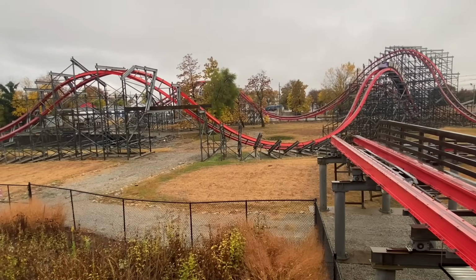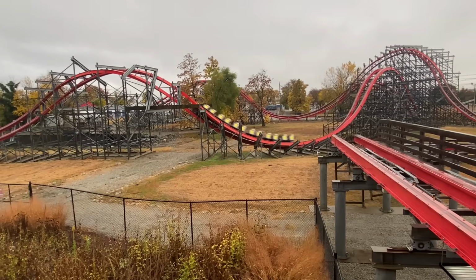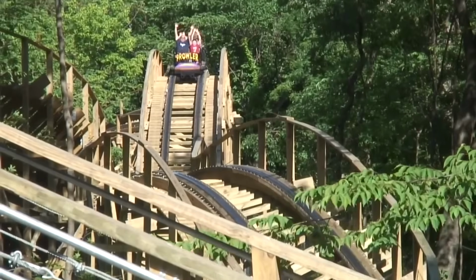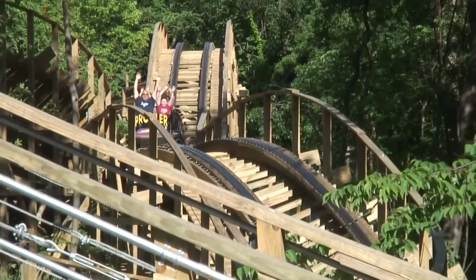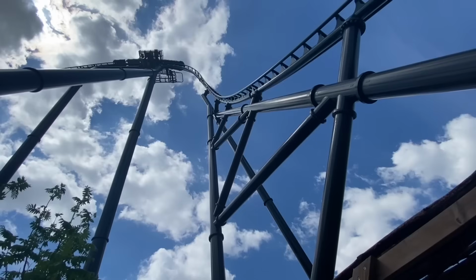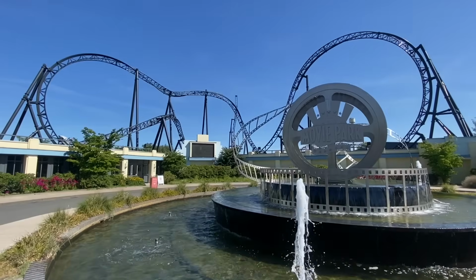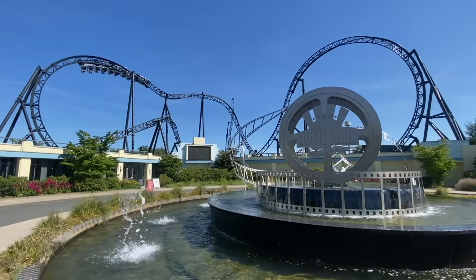There are over 5,500 operating roller coasters as of this video's recording, but only 186 of those are made from wood. That's an alarming number considering just how awesome wooden roller coasters are, but it also does make sense. Steel coasters cost much less to maintain. Under most circumstances, wooden coasters aren't as popular, and wooden coasters aren't able to perform the same crazy elements that